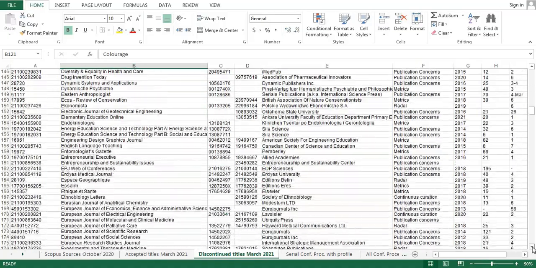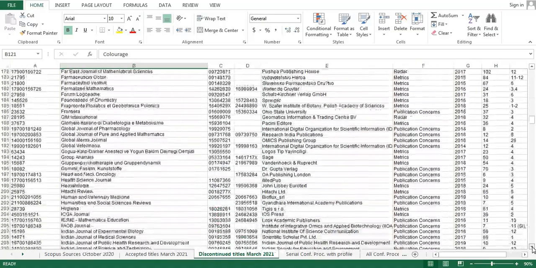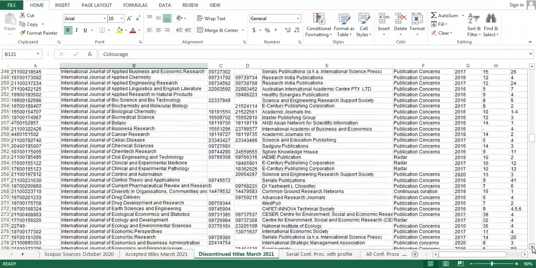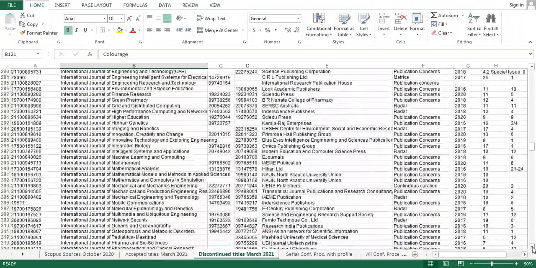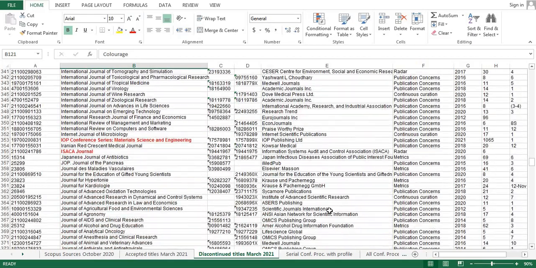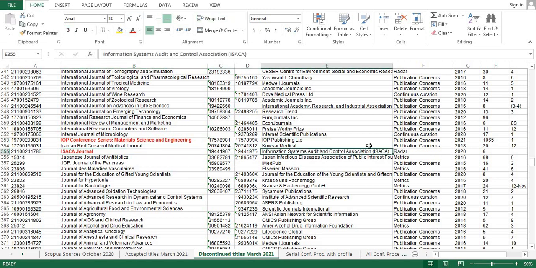Let me scroll down to find other journals. See, here you can find the journal name, which is highlighted in red color, and these journals are also no more in Scopus. The reason and the publisher details are given here.